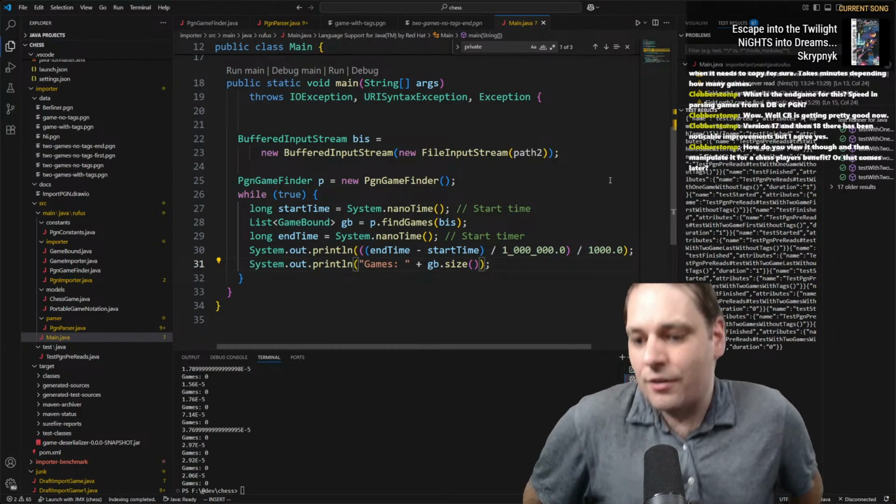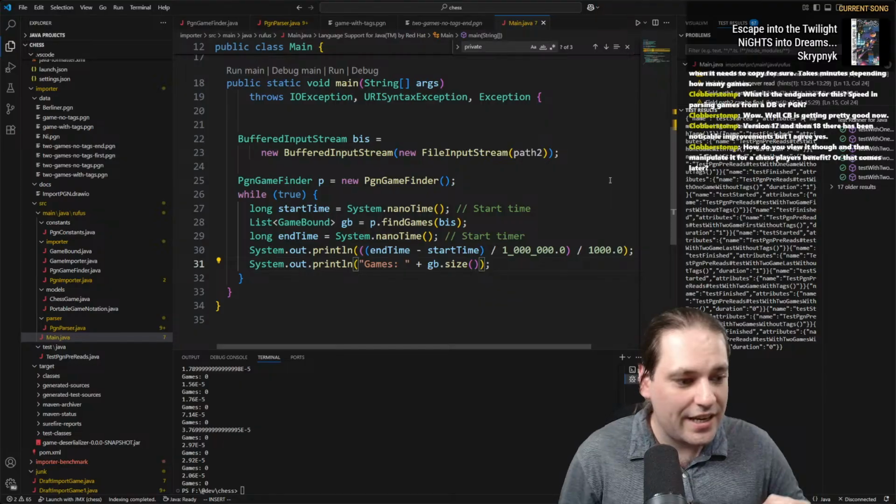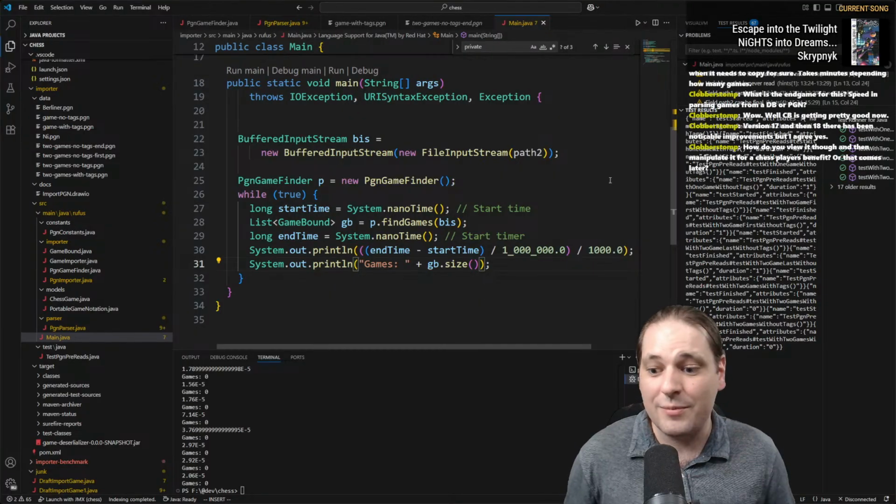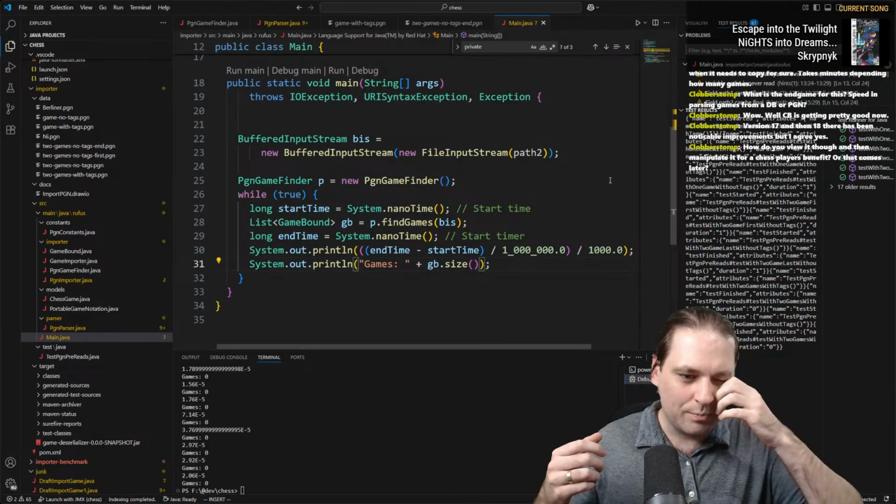So it has to come later. First, we have to be able to parse the games. Then we have to be able to save the games. Then we have to be able to search the games. And then we can start talking about how to make it usable. But